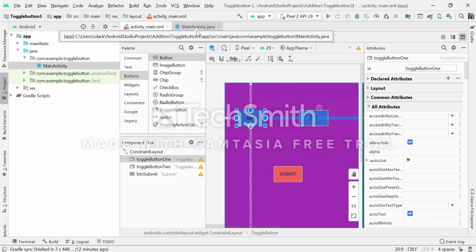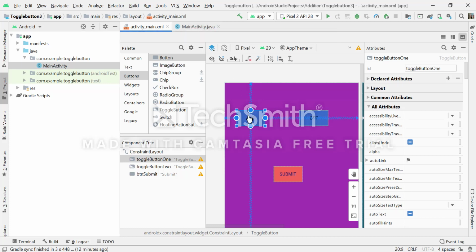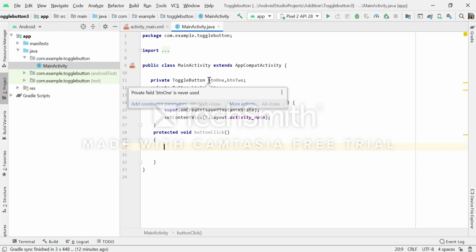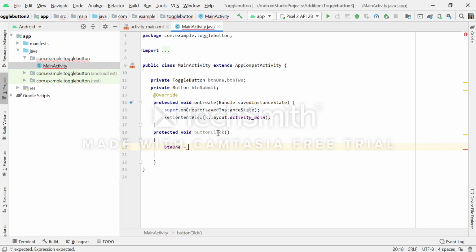Now my first task is to set the respective ID of all these toggle buttons to their references. To do that, I will call the toggle button 1 reference, which is btn1. Then I will apply the first toggle button ID to this reference.